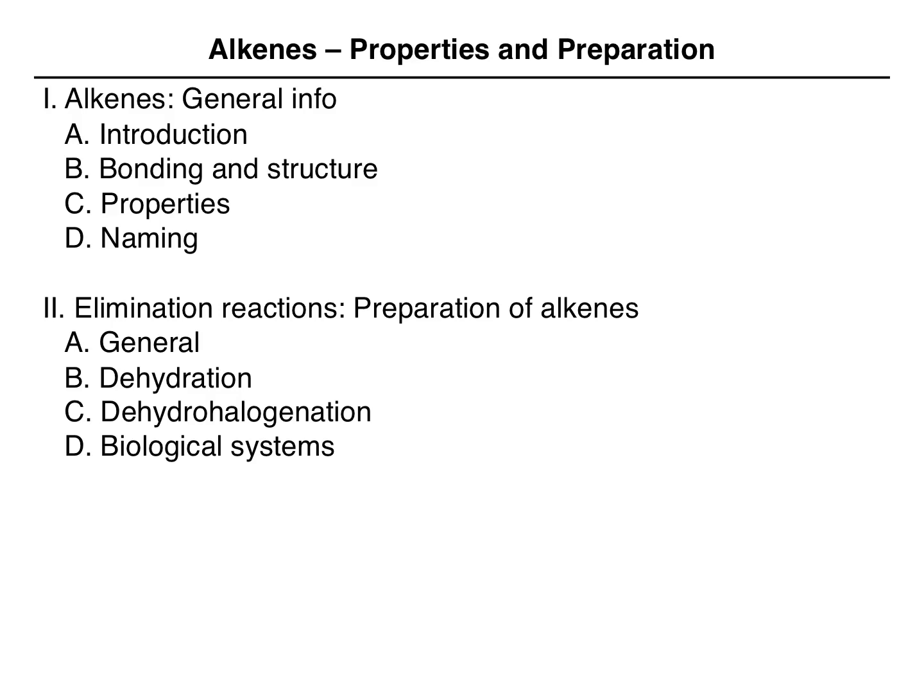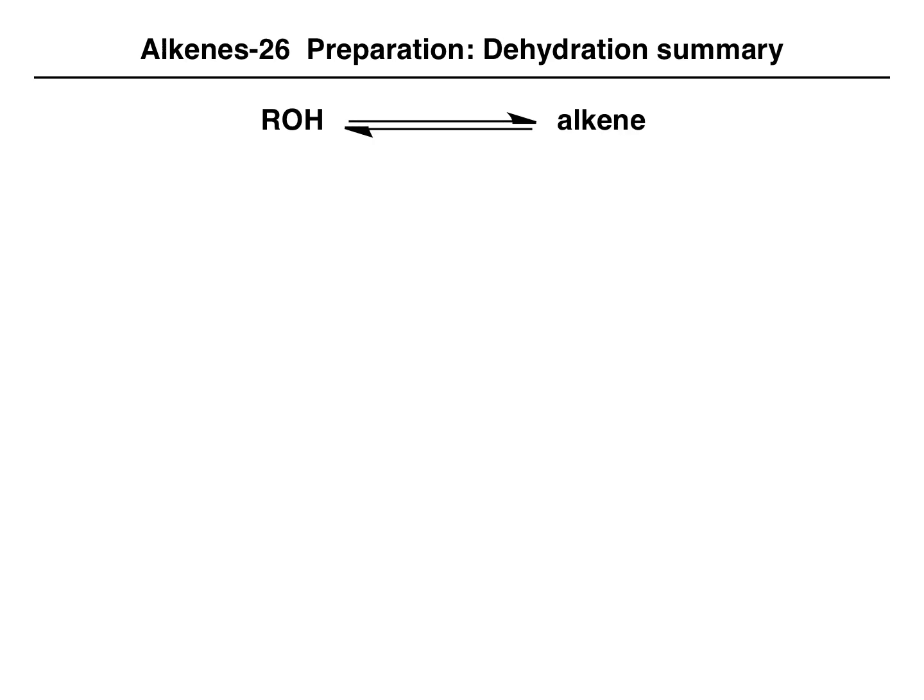In previous videos, we've been focusing on dehydrohalogenation by the E2 mechanism. In this video, we're going to look briefly at other mechanisms of dehydrohalogenation, and we're going to look at an example of elimination in a biological system. And then in the next videos, we're going to come back and look again at dehydrohalogenation by E2 in competition with substitution reactions. Keep in mind, when we talked about dehydration reactions,